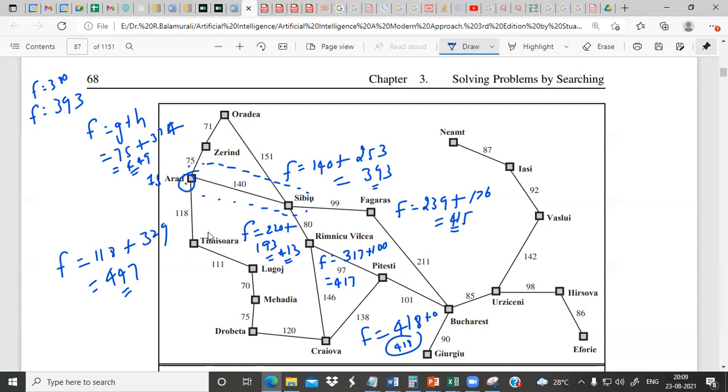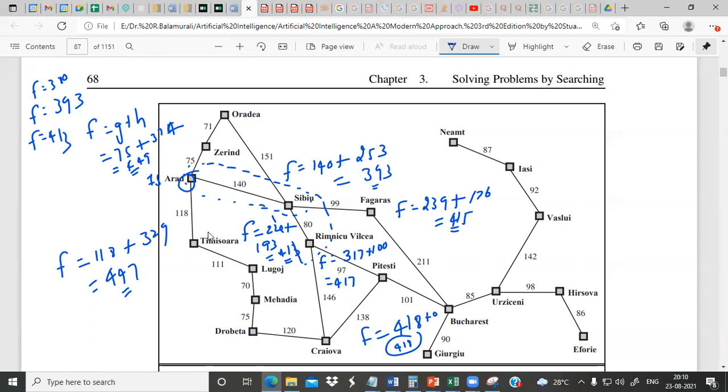Now, because we are unable to proceed, it is almost like the search has stopped, so we should increase the f value. We will increase the f value to the next smallest available value. So what is the next smallest available? 413. So we will make f equal to 413. It means this is also included now in our search, right? Now again you can continue.